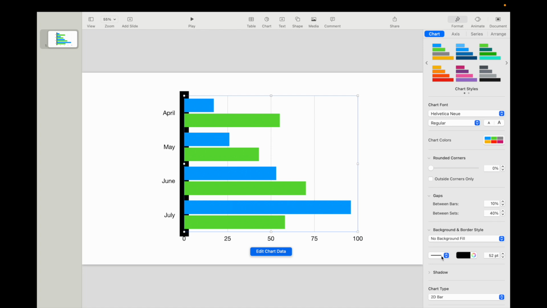So very simple, very straightforward, but this is how to edit the border style around a chart in a Keynote